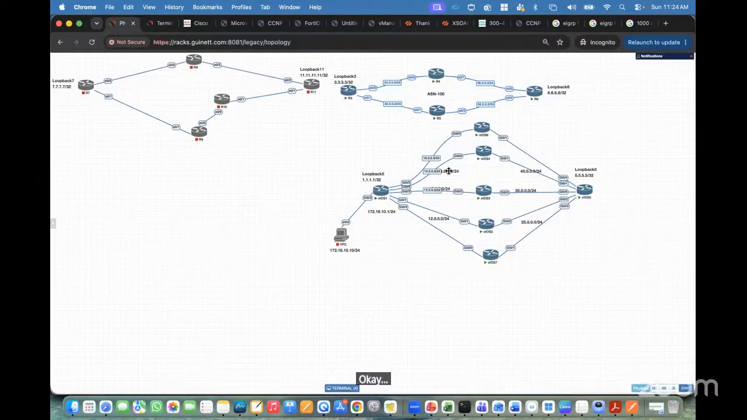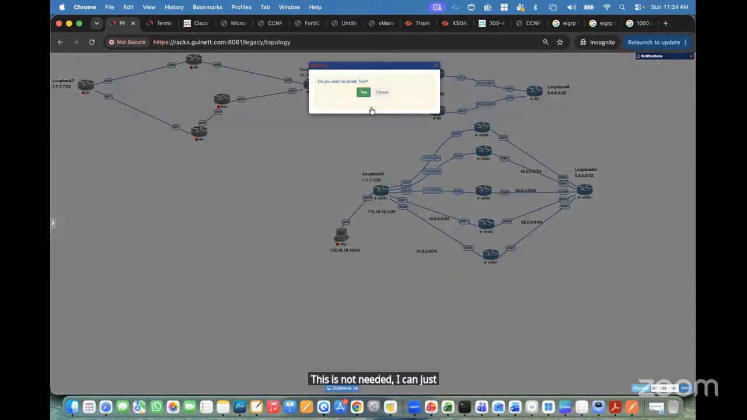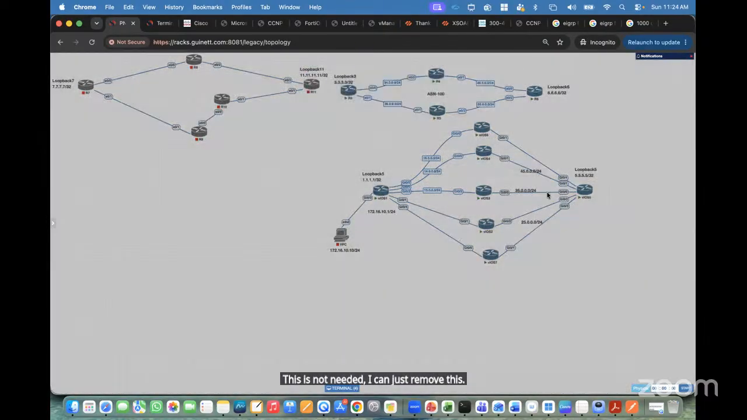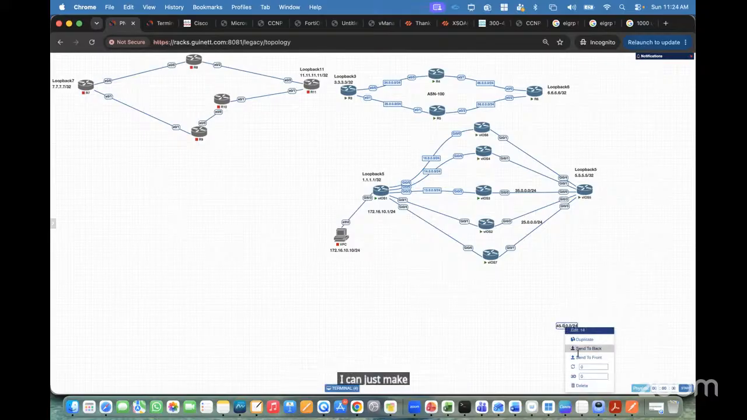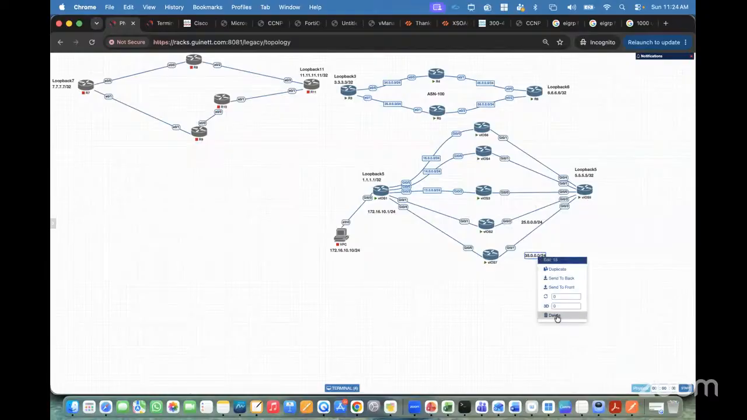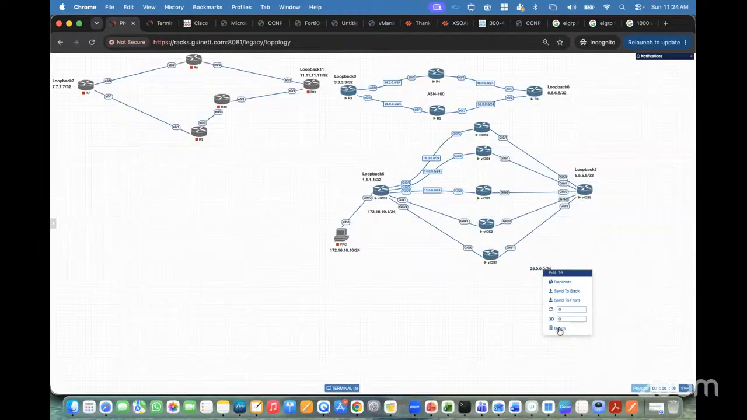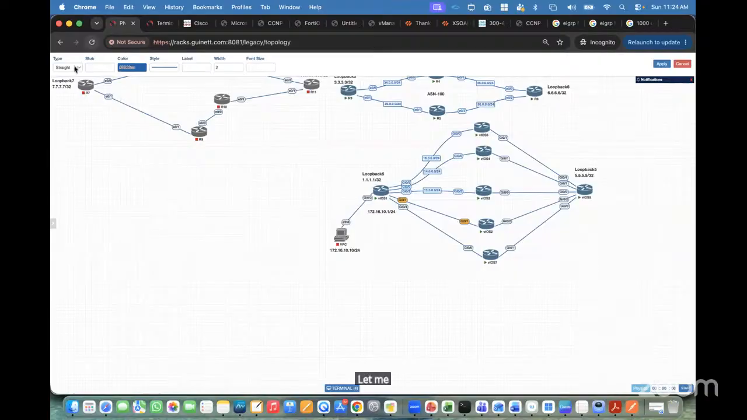Okay. This is not needed now. I can just remove this. This is not needed. I can just remove this. This is not needed. I can just remove this. I can just make the new topology. Let me edit it. I'll make it as, it's going to be